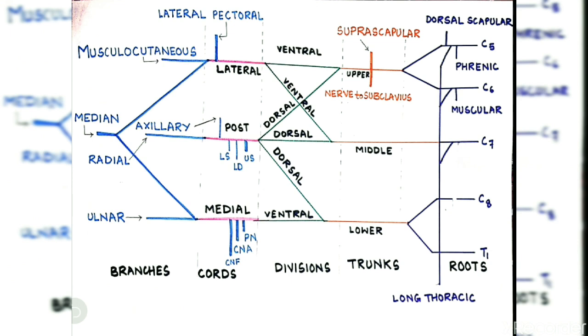The long thoracic nerve will arise from C5, C6 and C7 directly from the roots, and the dorsal scapular nerve will arise from the C5 root, and the phrenic nerve will arise from the C5 root. The suprascapular nerve will arise directly from the upper trunk, and the nerve to the subclavius will arise directly from the upper trunk. Now, the muscle supply of the nerves I will discuss in the next slide, but please